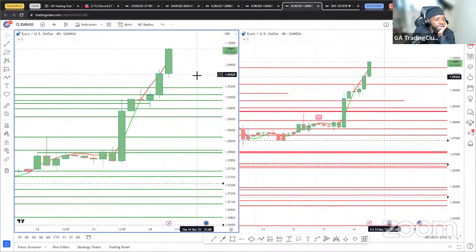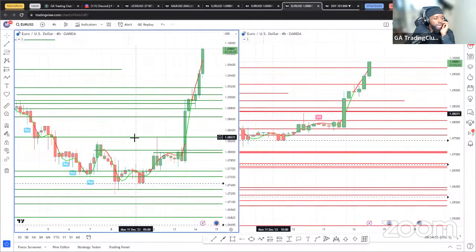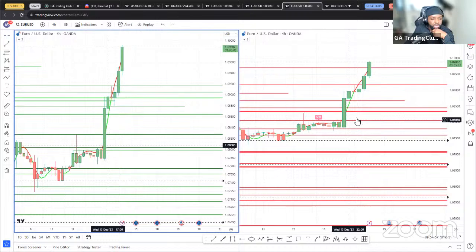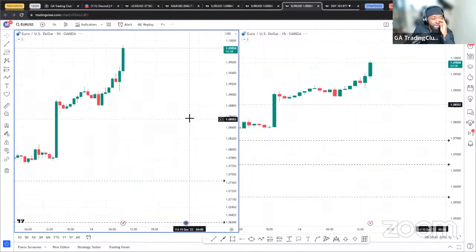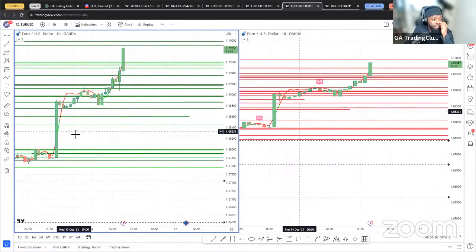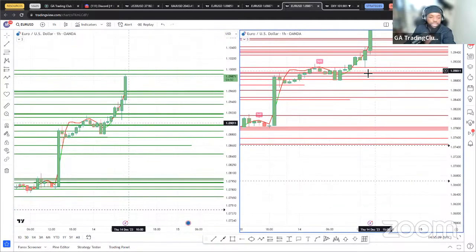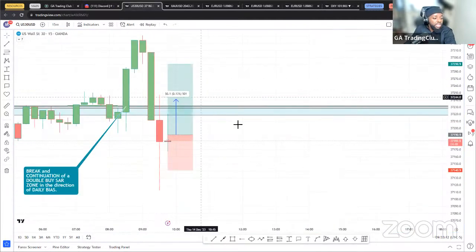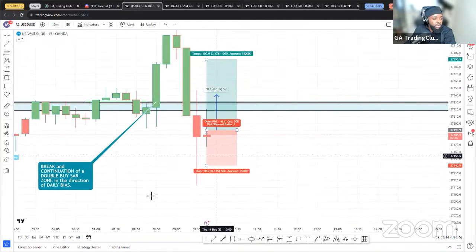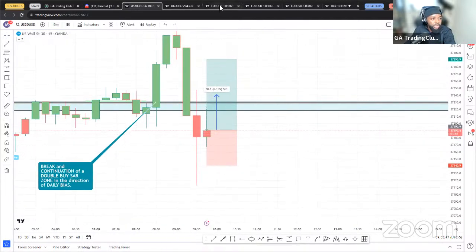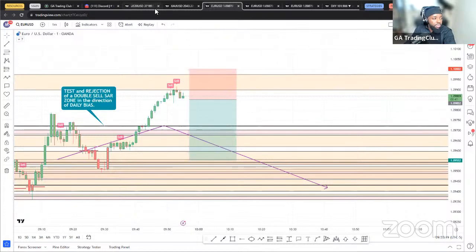All right, for the 4-hour time frame, no valid buy on EU so far, no valid sell. And then we go down to the hourly time frame, the last time frame. No valid buy. This sell was already used up. So nothing even on the sell side. So at this point, we'll just monitor these two trades, monitor EU and monitor US 30.